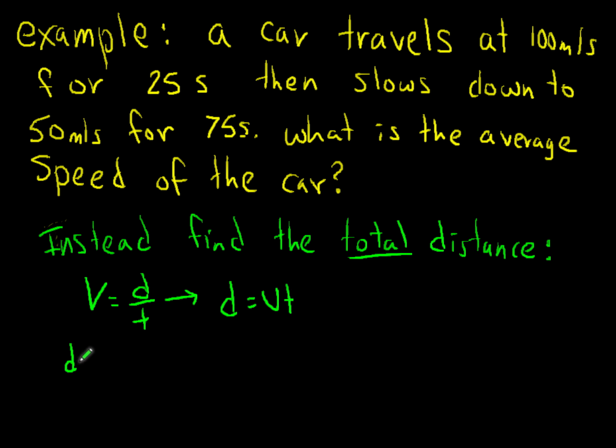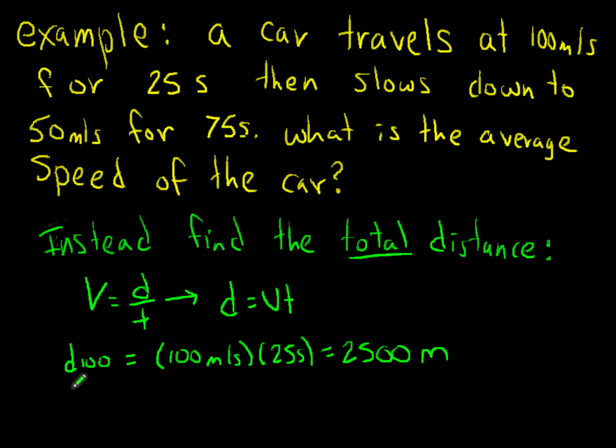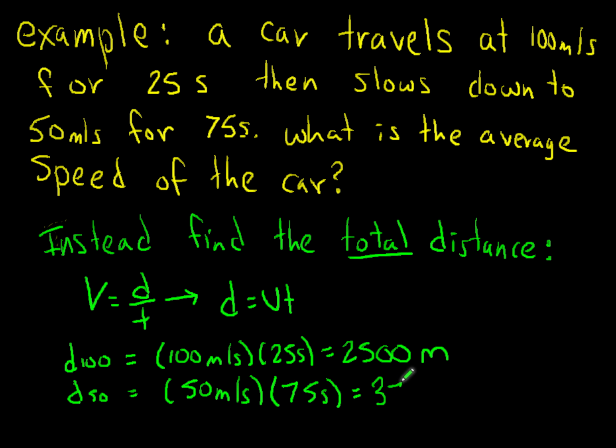We can rearrange v equals d over t to get d equals vt. The distance traveled at 100 meters per second, then, is 100 meters per second times 25 seconds. This is 2,500 meters traveled at 100 meters per second. The distance traveled at 50 meters per second is 50 meters per second times 75 seconds. And this equals